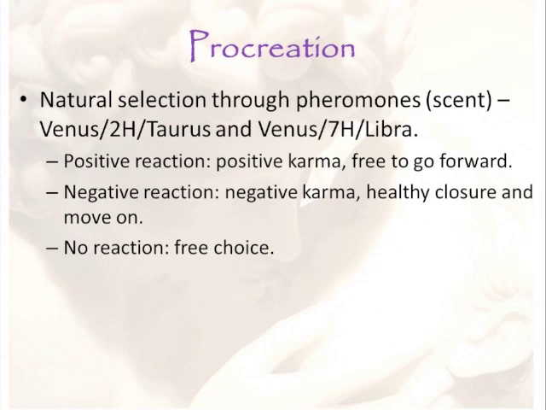Now, this is not only true for the Pluto and Libra generation or those with a lot of Venus and Libra in their chart. This is true for every single one of us humans. We all have Venus, we all have second and seventh in our chart, we all have Libra in our chart. This is the natural way that we used to do it. And it is a way that all of us can return to as we are evolving our souls.